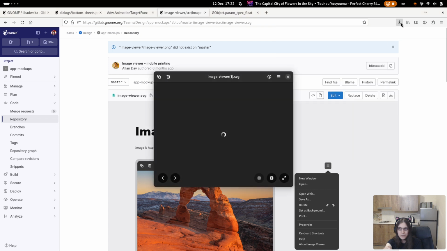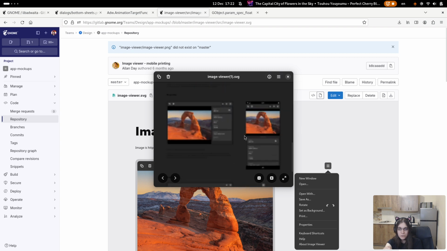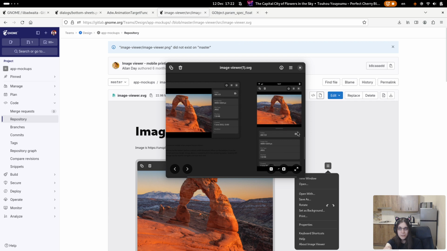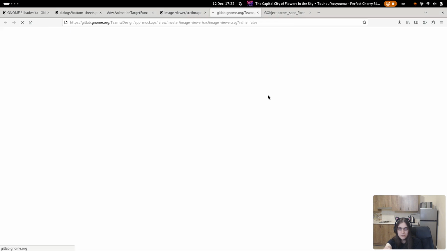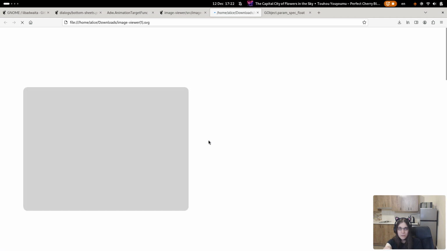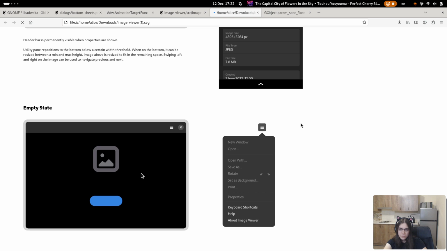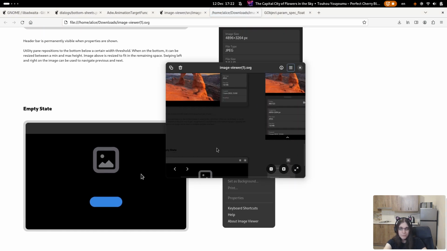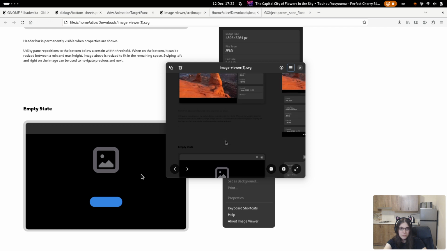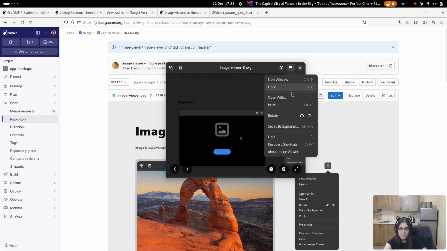Wait, can it even show SVG? Yeah, it can show SVG. And it also shows it far better than, apparently, Firefox does. Oh, it's dark text. Anyway, we need Inkscape.